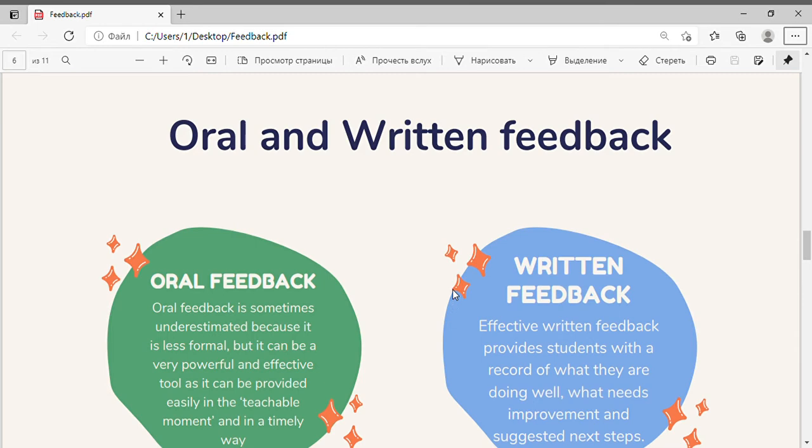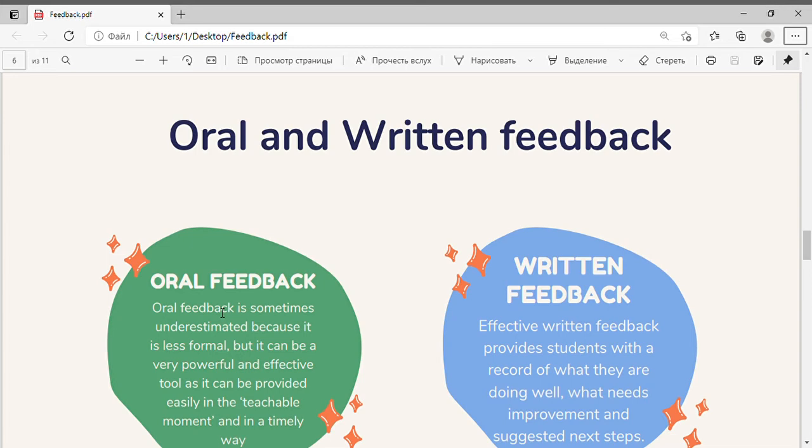Oral feedback is sometimes underestimated because it's less formal, but it can be a very powerful and effective tool as it can be provided easily in the teachable moment and in a timely way. For example, asking students, what do you notice about, or how does it match the criteria, stimulates their thinking